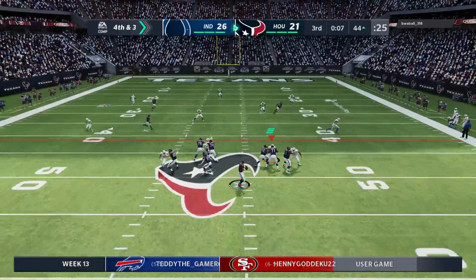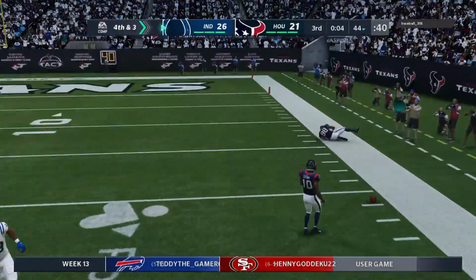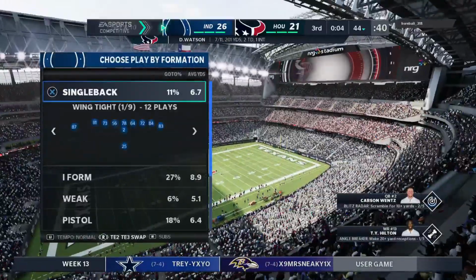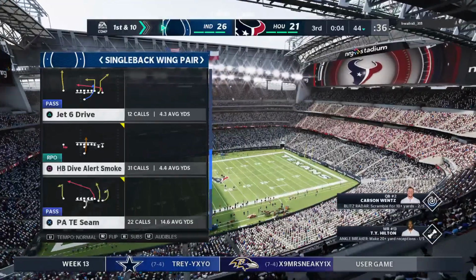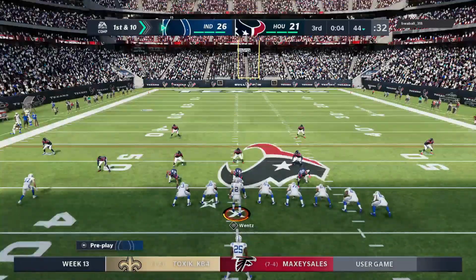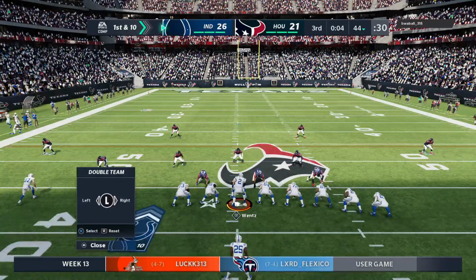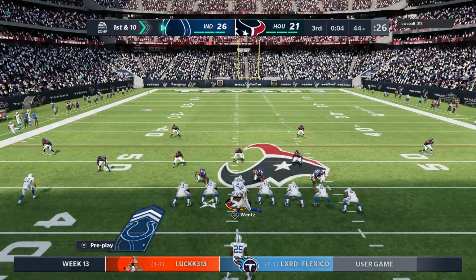They will indeed snap it to Watson. And they will not be able to hook up there. It's incomplete. Kenny Moore that time there on the coverage. Well, it was too far for a field goal try. You don't really gain a whole lot out of a punt, so I don't think you have much of a problem with that, do you? No, not at all. I think it's the right play, the exact right play, because